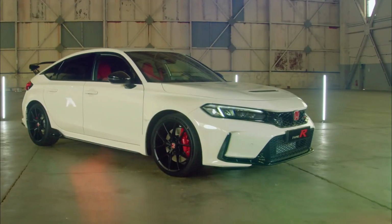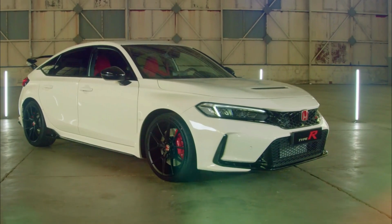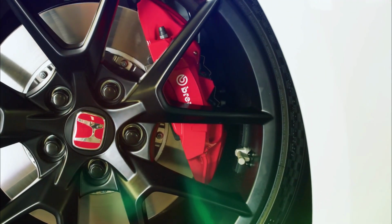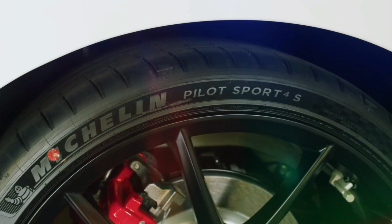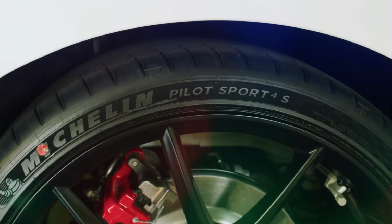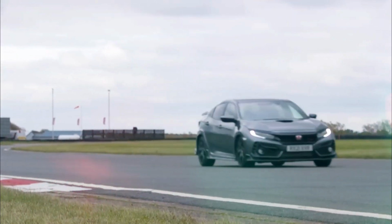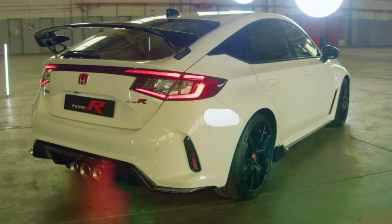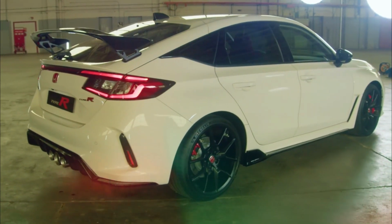Regarding the rest of the Civic Type R's chassis, its front track has been made wider by 1.0 inches, while its rear track is now 0.8 inches wider than its predecessor. Honda also announced that it had retuned the dual-axis strut front and multi-link rear suspensions, but it does not really say what specifically has been changed. The only thing that we can be sure of is that it should provide a better steering feel and straight-line